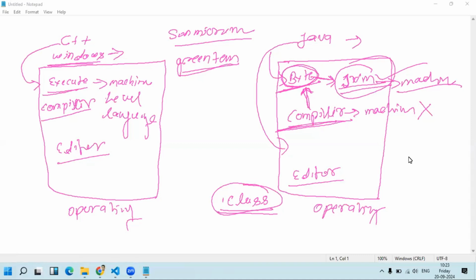And there are many more differences also. There were some security issues with C++, right? And exception handling was also not there in C++. So Java introduces it. For example, if you try to access an array element, suppose we have 4 elements, right? The indexing will go up to 3, because it starts from 0. So suppose you have 4 elements and you are trying to access the 5th element, right?